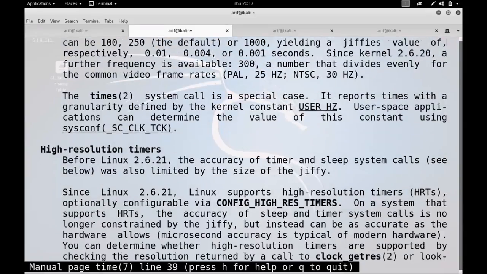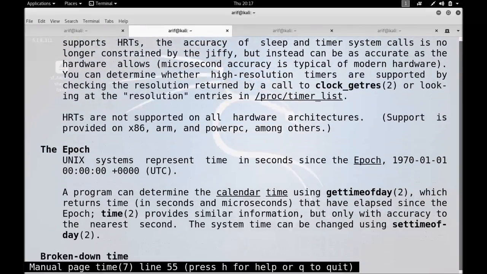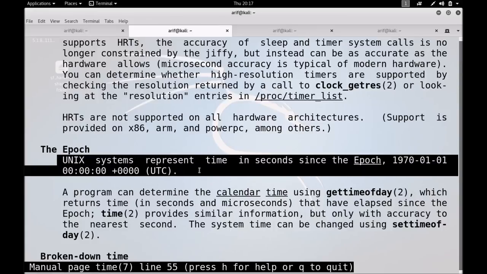Let me see if this page says something about the Unix epoch as well. Well, gentlemen, as far as the Unix calendar which I talked about, its reference point is the Unix epoch, which is midnight 1st January 1970. Regardless of geographic location, all Unix systems represent time internally as the number of seconds passed since the Unix epoch. Linux kernel saves these seconds in a 32-bit variable, time_t.